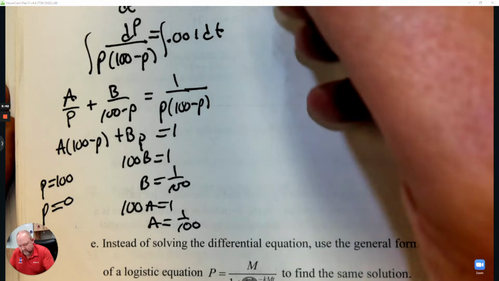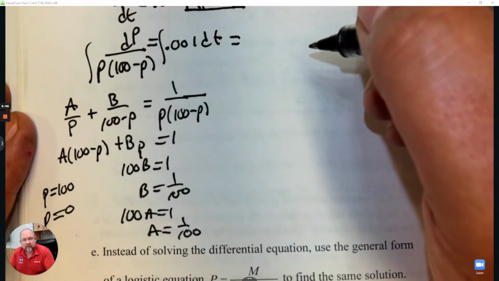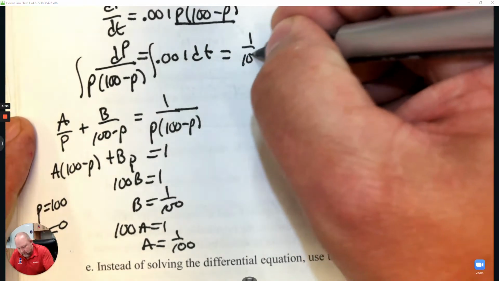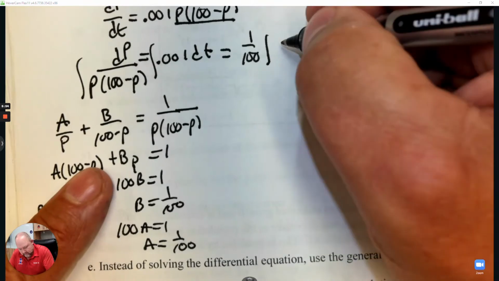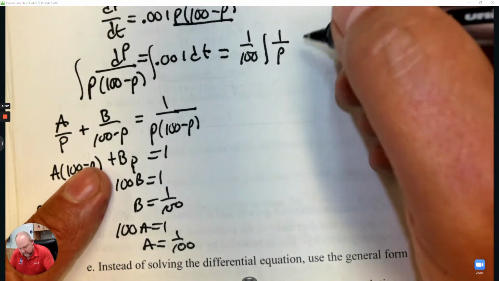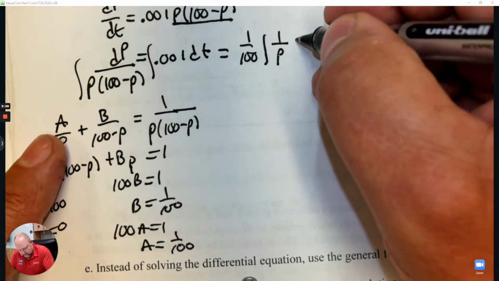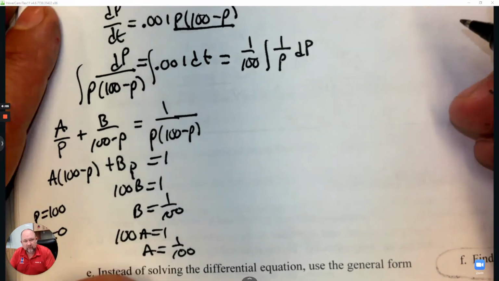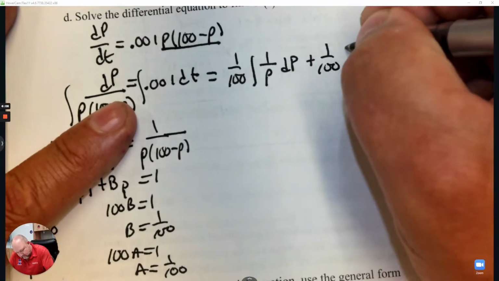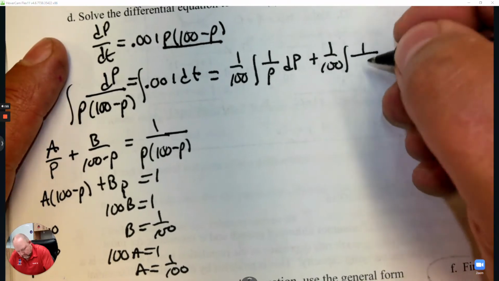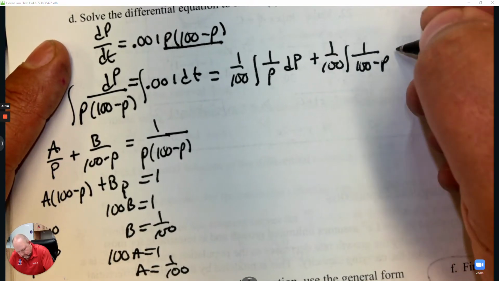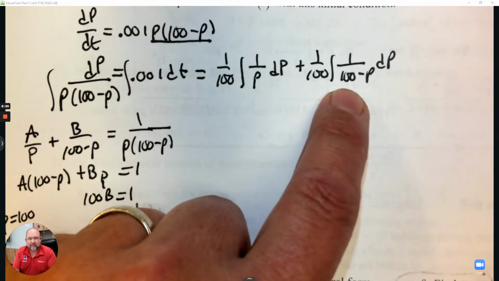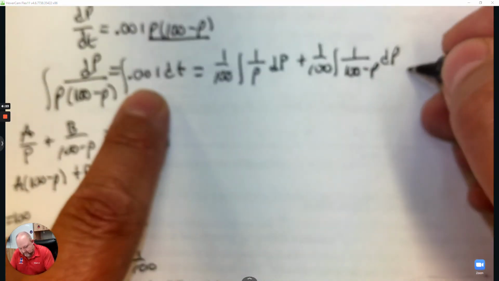All right, come back here. So now I can separate it into two. For the first one, A, right here, I'm going to write 1 over 100, and that's 1 over P. The second one, for 100 minus P, that's B, that's also 1 over 100. And then if I integrate the right side, I get